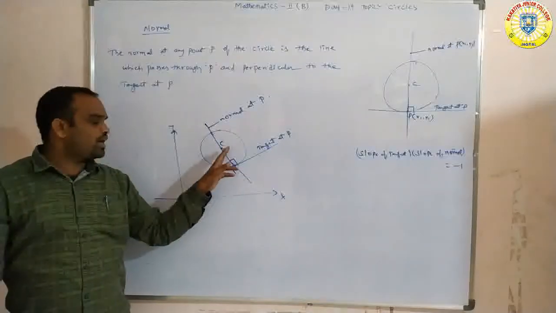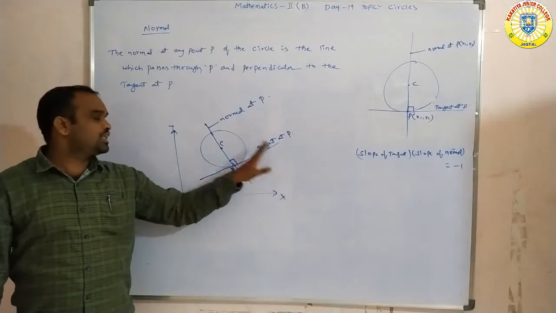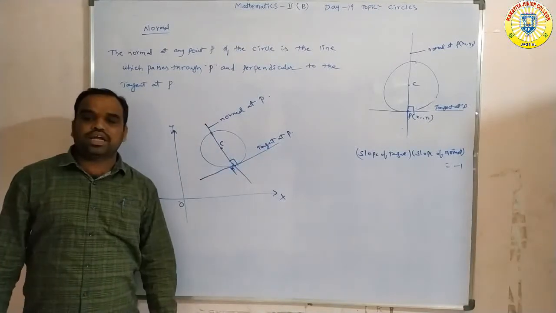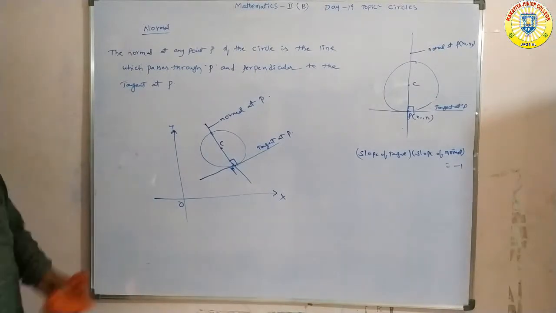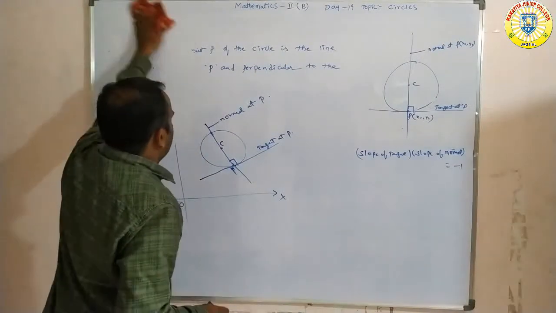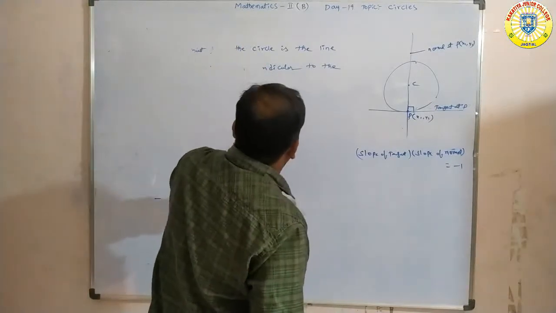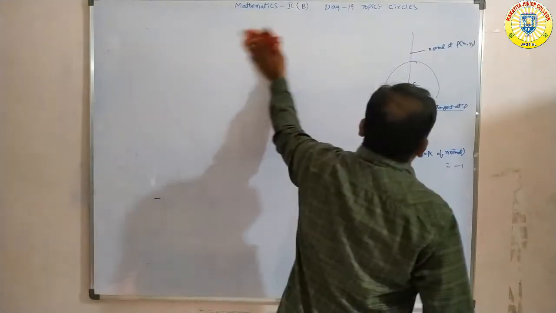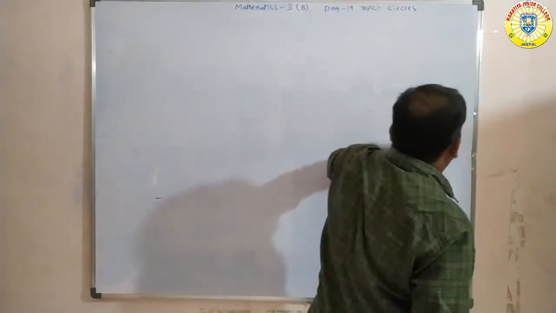Every normal line passes through the center of the circle. Okay now. This is the tangent, this is the normal. Normal and tangent are both perpendicular to each other. Okay now. See here next one. Next we are writing the equation of the normal. So we have one small statement. Here next we are finding the equation of the normal.